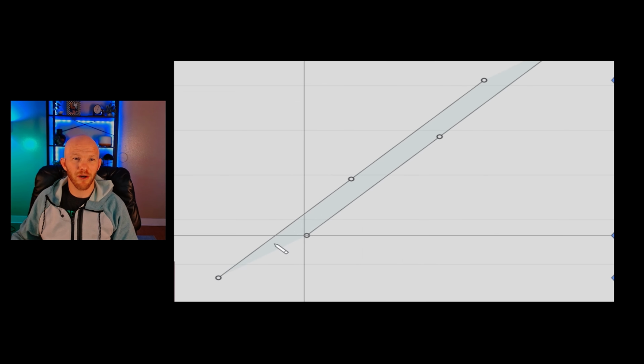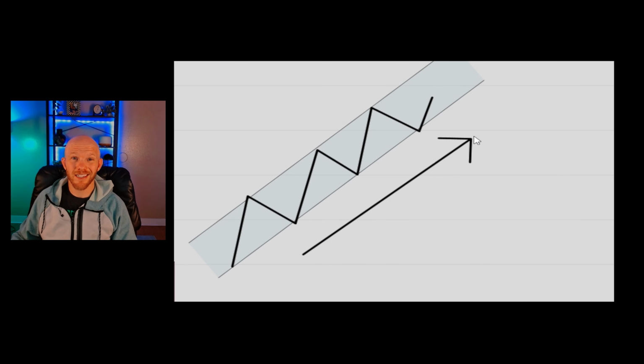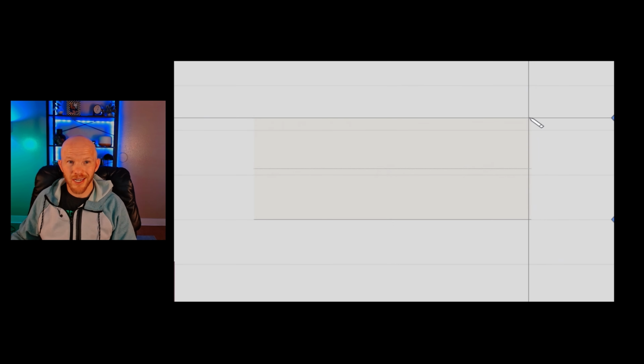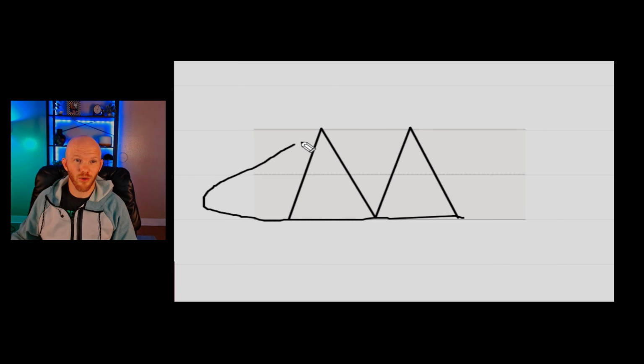Let's think about why this is the case. When we were talking about trends, we know that institutions are pushing price up, right? If price is trending to the upside, that means that for whatever reason, institutions are valuing that asset at a higher and higher price, right? They want price to go up. But if we're in a trading range, price is not trending, institutions are not really moving the market anywhere. They're accumulating or distributing right around the current price.